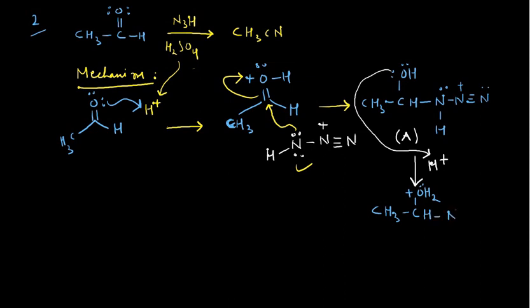You can write NH, then you can write triple bond N with a positive over there. And intentionally I am writing this species as B. Please remember, I am writing this species as B. So what happens in the next step? Dehydration. Dehydration means removal of the water molecule. So that water molecule will be removed from here. So I can write minus H2O.